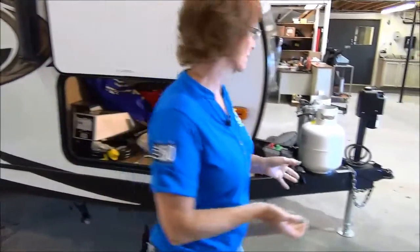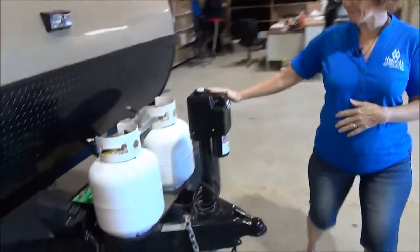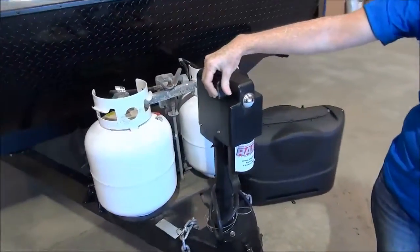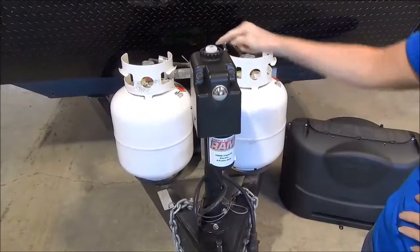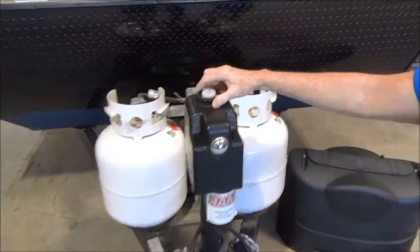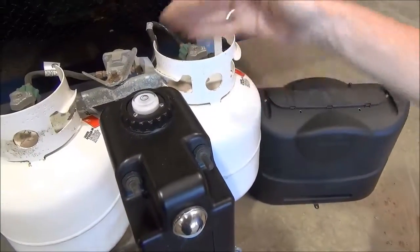We're going to continue on to the front side of the camper. On the front tongue jack, you have your power level, so you can extend and retract it as well. There is a light here. At the top is where you're going to override it. So if you ever have mechanical failure, you just unscrew that and open it up, and then you can manually